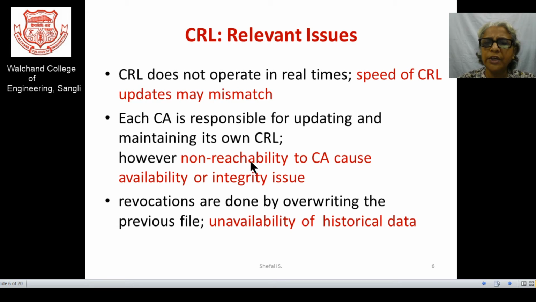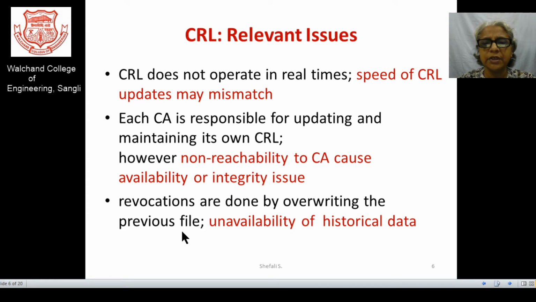However, non-reachability of the CA can cause non-availability or problems with integrity. So such issues related to availability and integrity may arise because of the connections by clients to the CA. Revocations are done by overwriting the previous file.